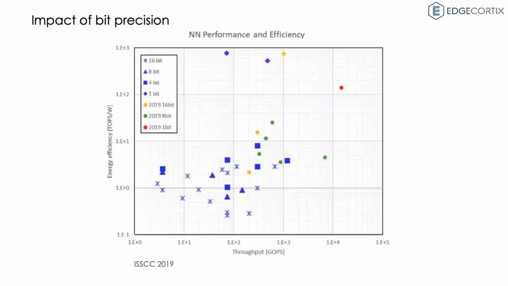What I did not talk about particularly is the impact of bit precision. And I just wanted to quickly highlight that when you're really deploying solutions on the edge, there is also another knob, another handle that we can tweak. And typically this is the handle of the bit width or the precision of our operations.